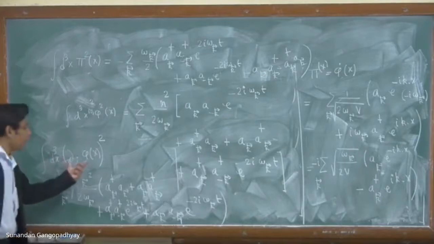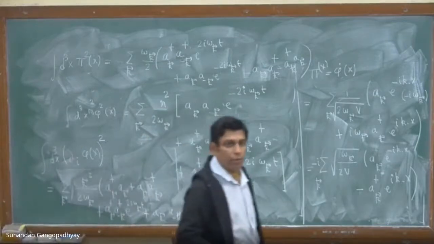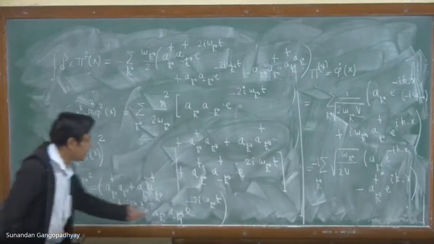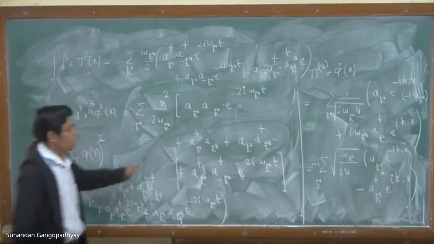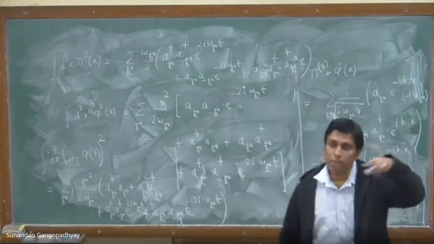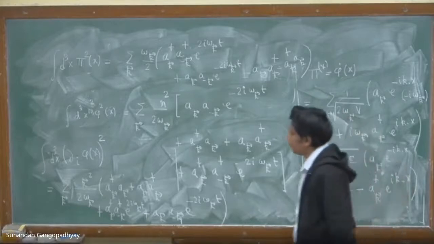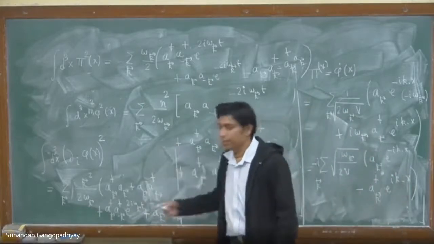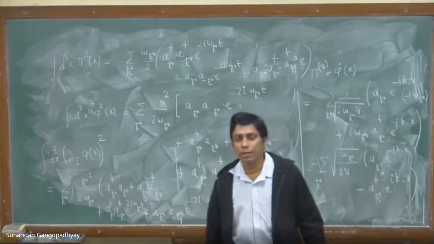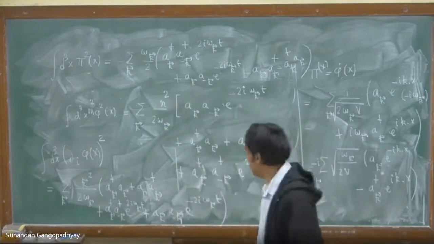So if you find out the mode expansion of del i phi of x, square it up and integrate over the spatial volume or the full volume of the box, then this will be the result that you will get at the end of the day. You just proceed in the same way as I have shown you for the first term, phi square integrated over the volume V of the box. And now what you have to do to get the Hamiltonian operator is just add these results and divide by a factor of 2. That is what we have to do.